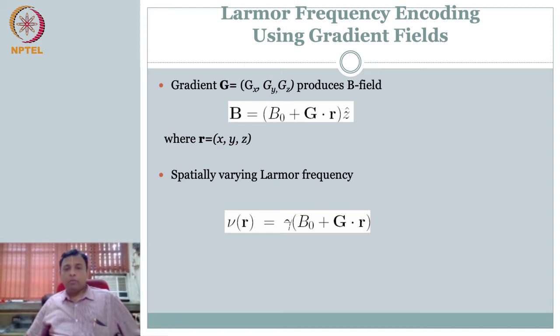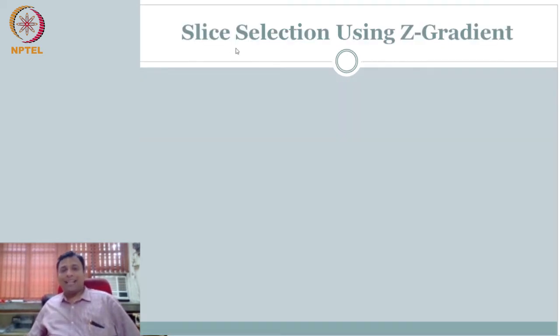And so we know from before that magnetic field strength is related to Larmor frequency. Since the magnetic field strength is a function of R, the Larmor frequency is also a function of R. That is, it is spatially varying in this manner. This is what we are going to exploit. Now it is 3D, R is X, Y, Z. How are we going to reduce this 3D problem into an imaging problem? First, reduce one variable, meaning select your imaging plane. After you select the imaging plane, how is it distributed within the imaging plane? That is what we are going to see. So first, slice selection.